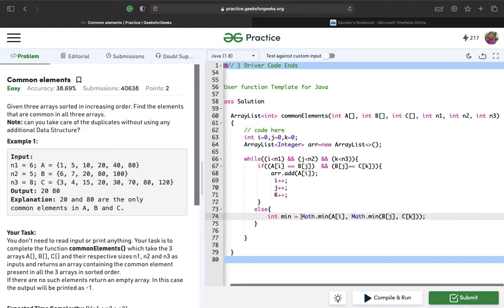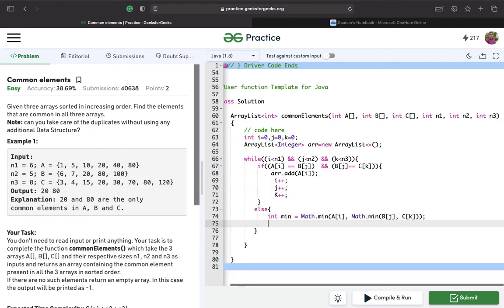So we got the minimum element of these three. Now we'll increment that pointer which contains the min. If a of i equal to min, we'll increment i plus plus.